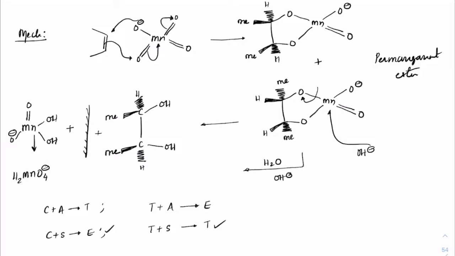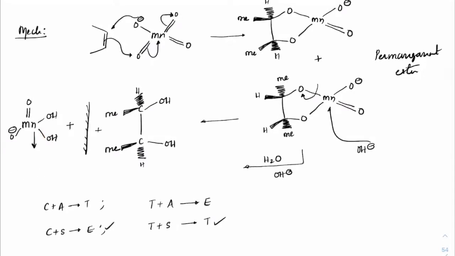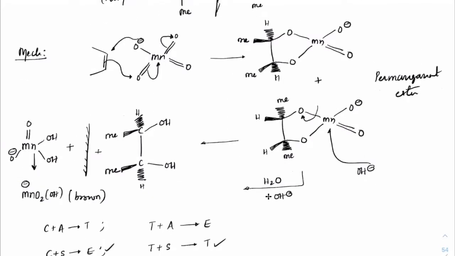Clear. What point is, when you add on this MnO4 minus, what would happen? One of the H2O molecules will come out of it, and we'll get this as MnO2OH minus, and this appears to be brown in color. Yes, beta. These are very fast reactions. We can't judge exactly how the reactions will take place here. One minute. Here there is supposed to be a plus charge, so not minus, plus charge.